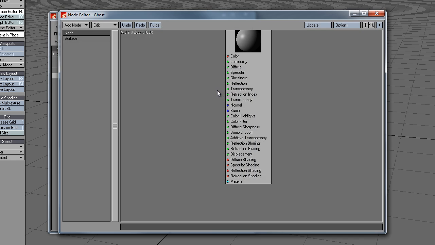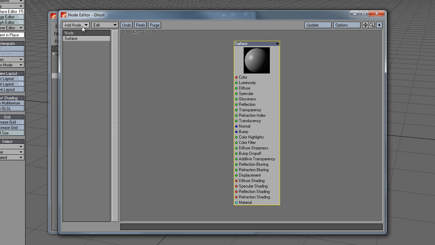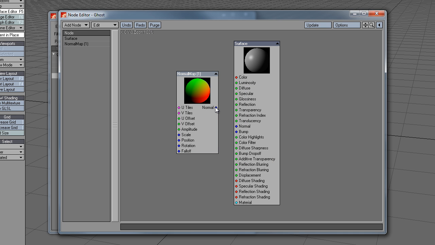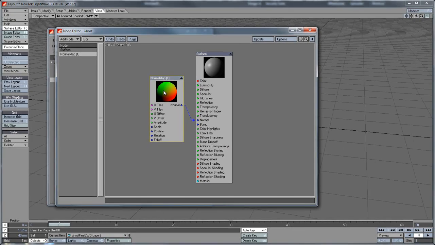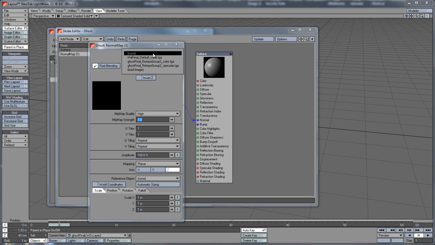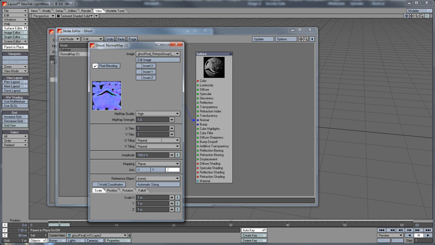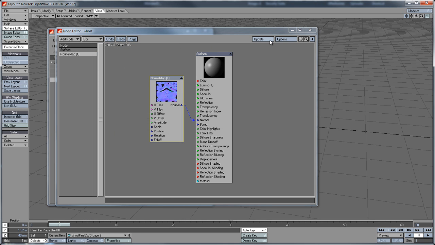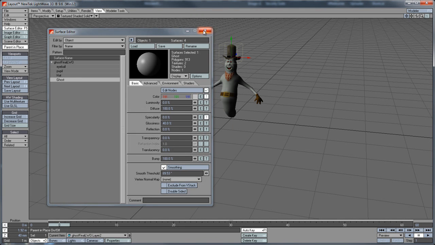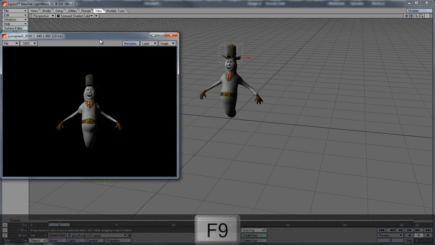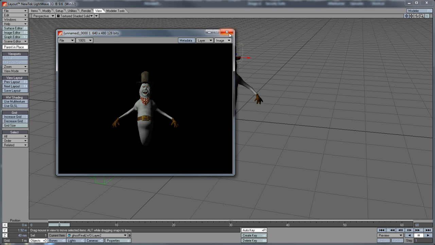So next thing we'll do is go ahead and add the normal map. If I would have saved this from 3D Coat as a Lightwave object, 3D Coat would have done all this for me. But you can see it's really very easy to assign it yourself, and it's good to know how. So our maps are all set up now, and we can have a quick render, and it's looking good. So we can start adding some bones.